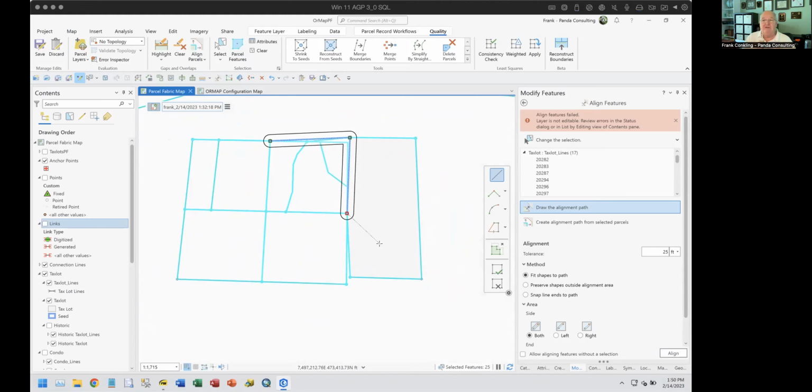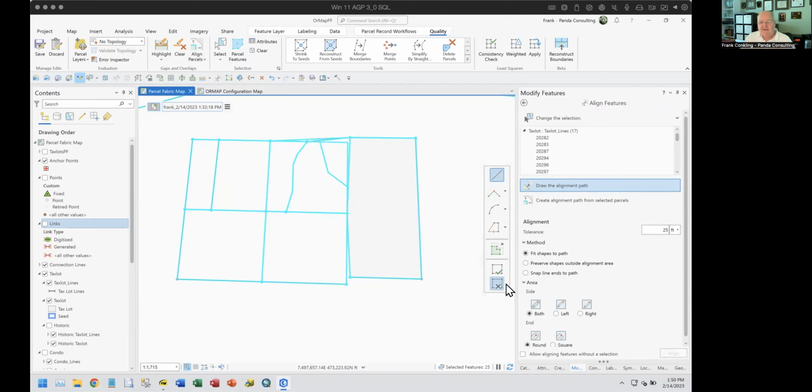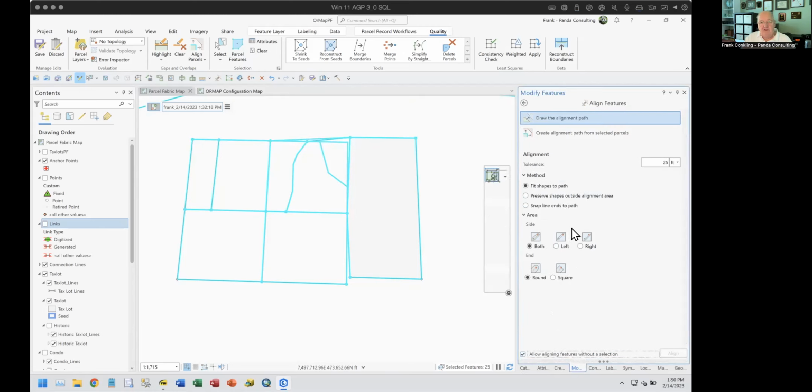So align features is another option on here. This is the most frustrating component of parcel fabric, and not just parcel fabric, of parcels and parcel mapping: when you want to align things up, how do you align them up on here? Why is it doing it with everything in here? Turn points on. So if I just draw this in here,